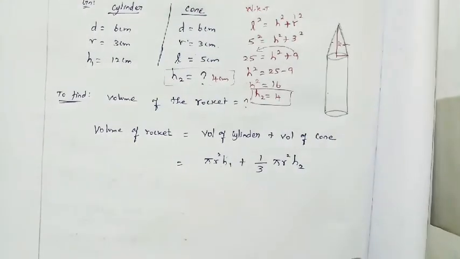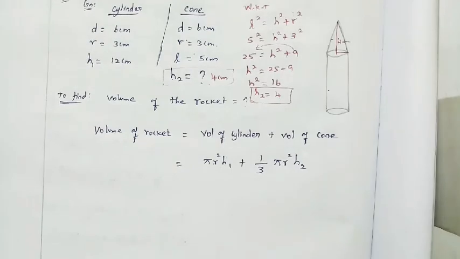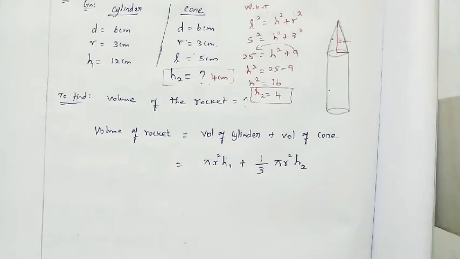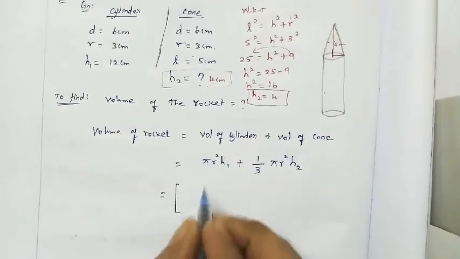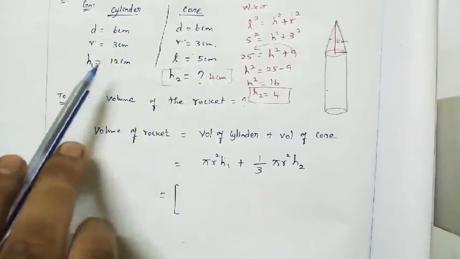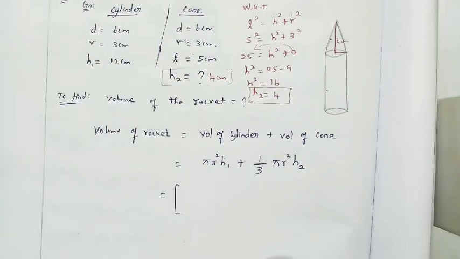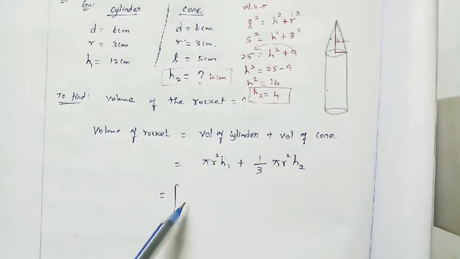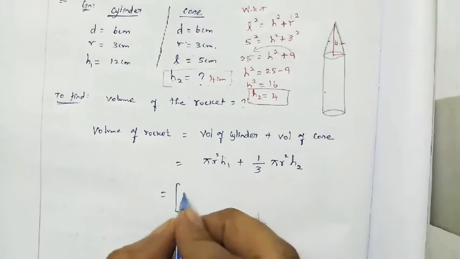See which method you feel is easy, you can go with that, right? The first time, we simplified the formula and after that substituted. The second time I am giving an example of substituting the values directly. So it is equal to pi r square h1, right? Here r and h are not in the form of multiples of 7, so we have to use 3.14 only. So there will be many steps. Shall I solve the formula first and then substitute the values, or directly substitute? Okay, we have started, so we'll go with this method, no problem.